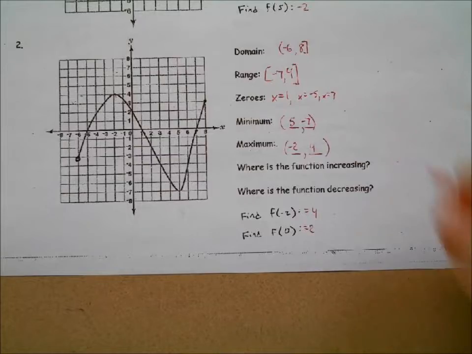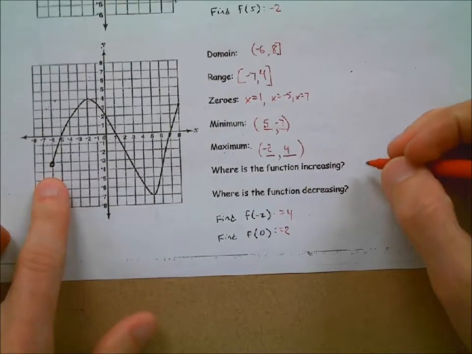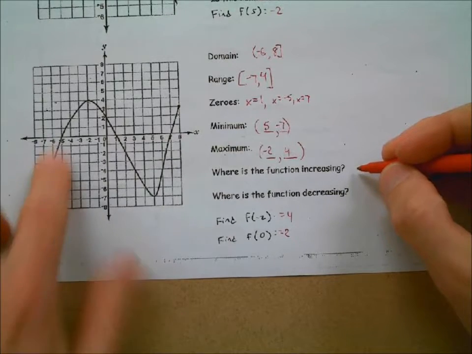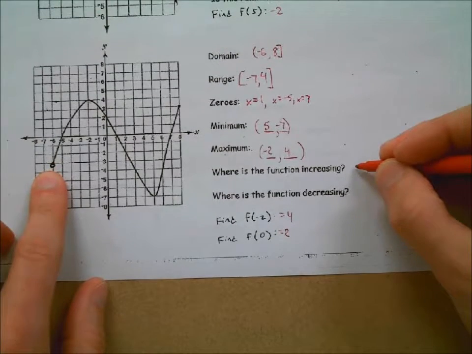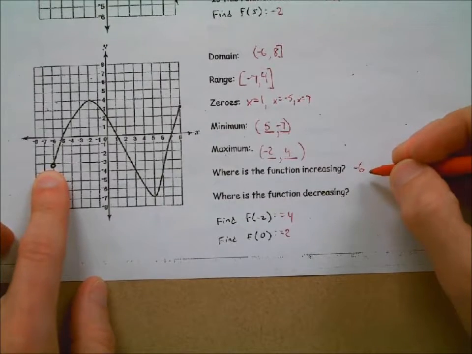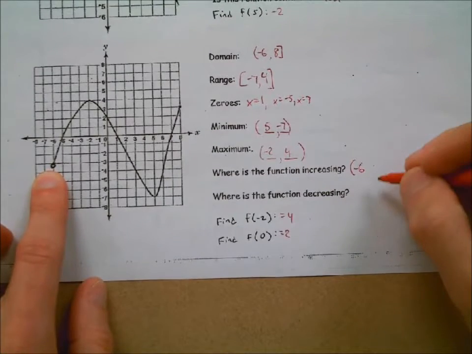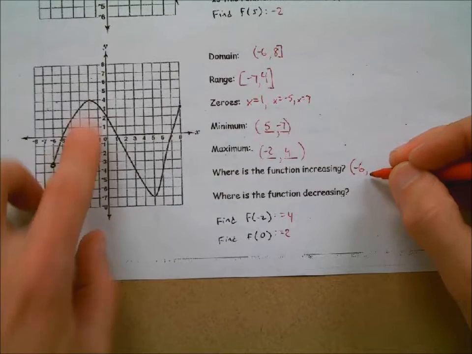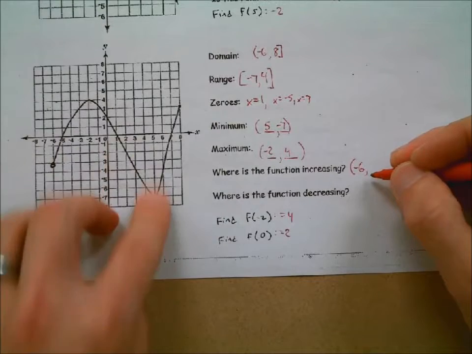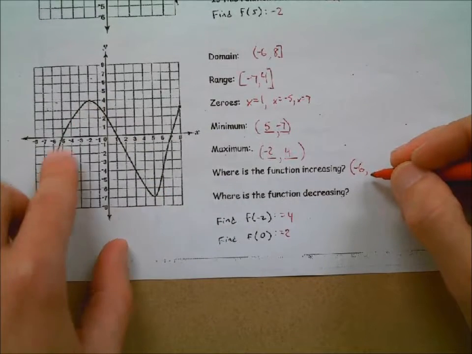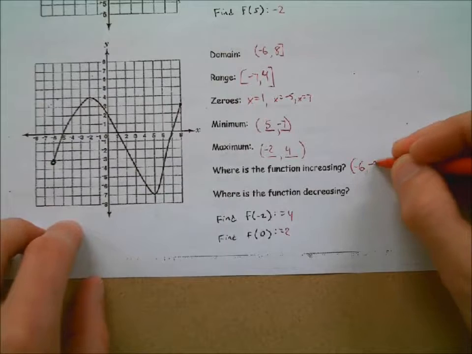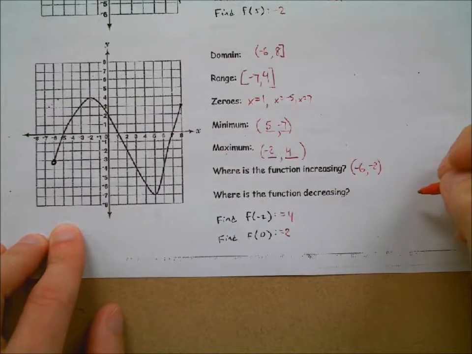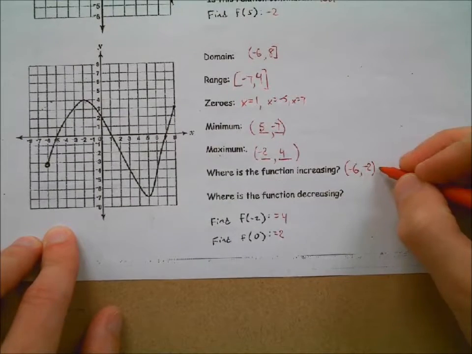So let's start with the first place. Where does it first start to increase? At what x value? So here's where it's starting to increase. What's the x value here? Negative 6. Do we include negative 6? No. Okay. And then from negative 6 up to what x value? We will get to the 5 in a second here, but this particular part where it's increasing stops at negative 2. Now here's another weird thing. I'm also going to exclude that negative 2 as well. Okay. And I'll talk about that maybe another time. That was one of the intervals.